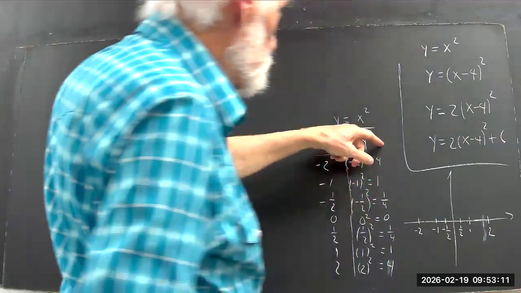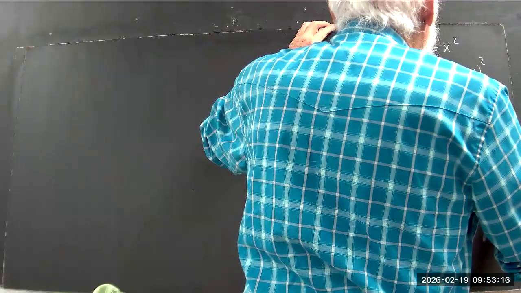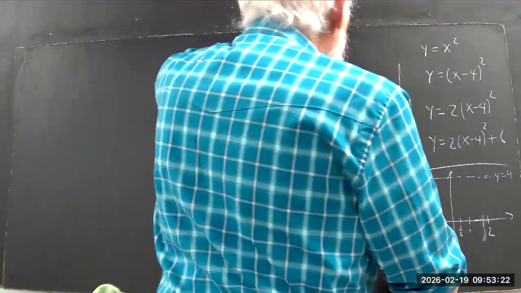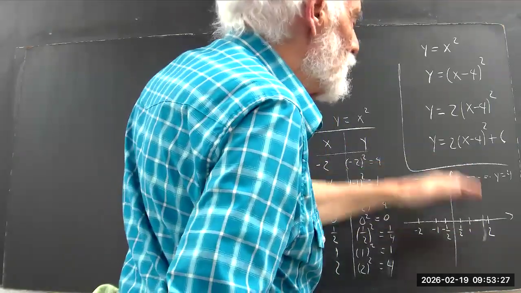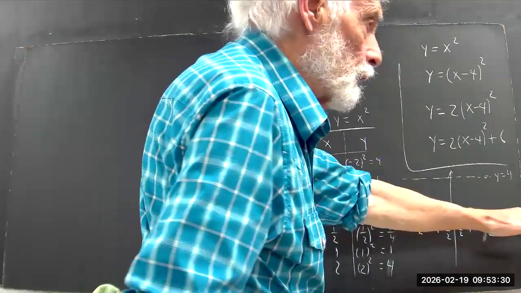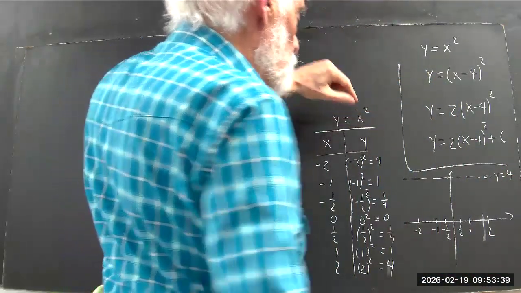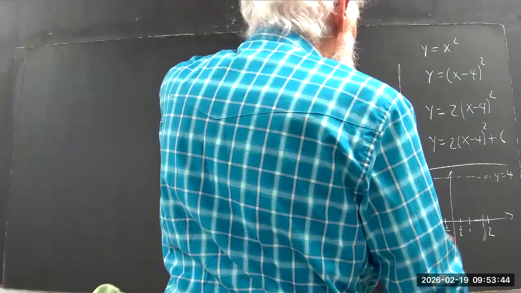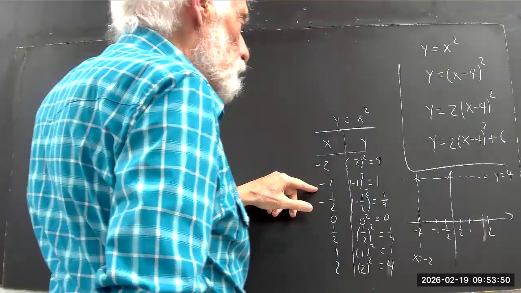The y values, they go up as far as 4. So I'm just going to put y equals 4 up here. If x is -2, y is 4. So I've got the y equals 4 line way above the x-axis. I'm not trying to keep equal scales on the x and y at this point. When x is -2, y is 4. So I draw the vertical line, x equals -2, and where it intersects the line y equals 4, I make a point. Then at -1,